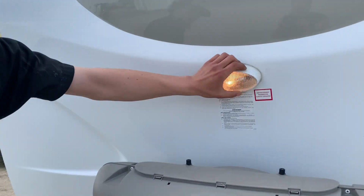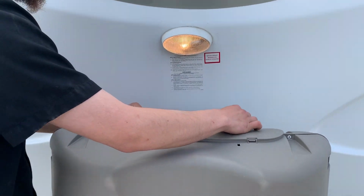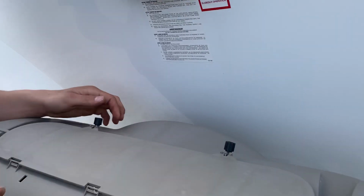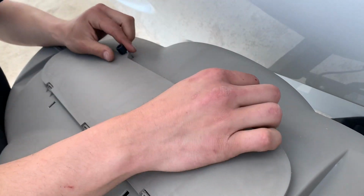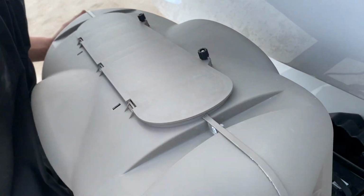Up in the front here, just got a little service light there. There's 2 little knobs there. Off, pop them back, open your lid here. So 2 propane tanks here, they are both full. So we'll just slide this right off for the purpose of showing you